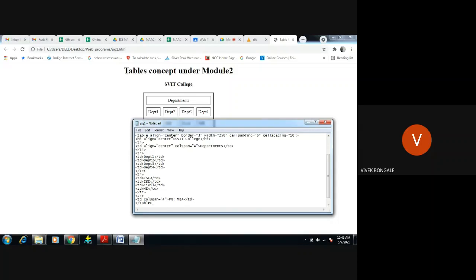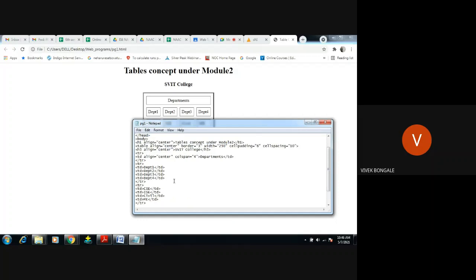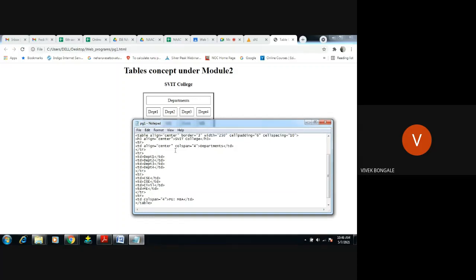So if you want to merge the columns, you're going to use the column span. If you want to merge the rows, you're going to use row span.